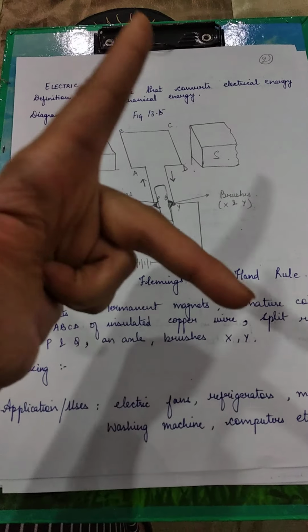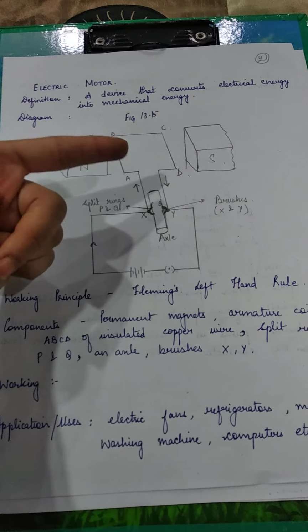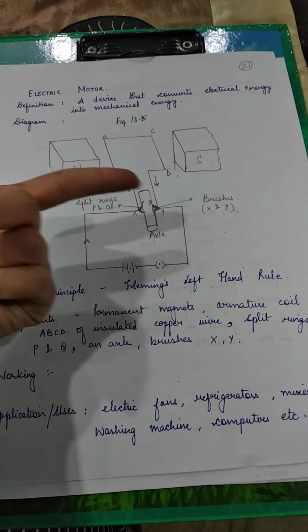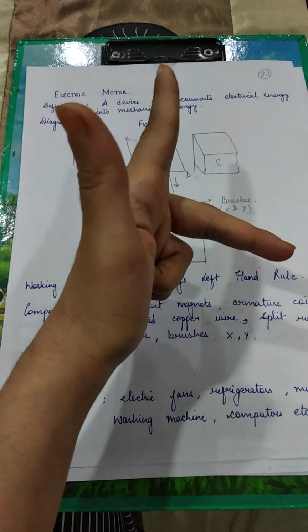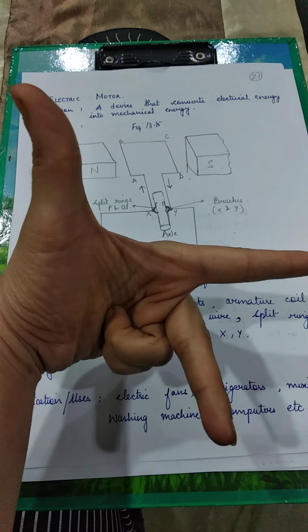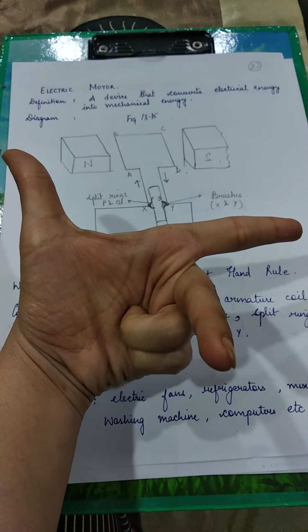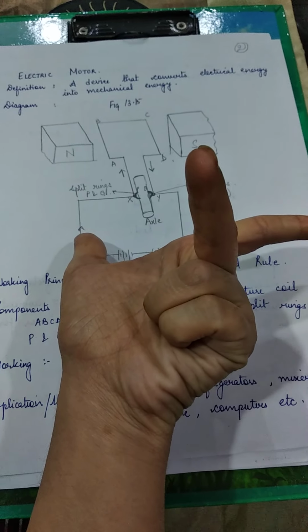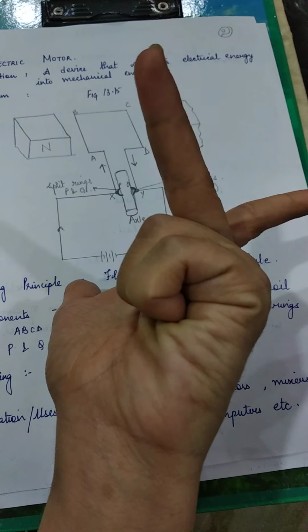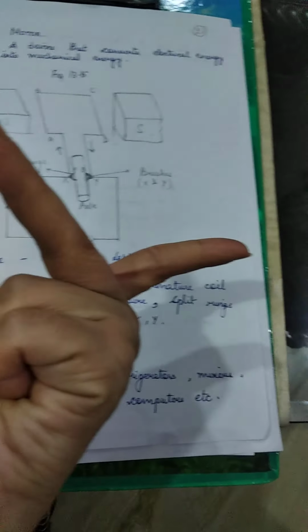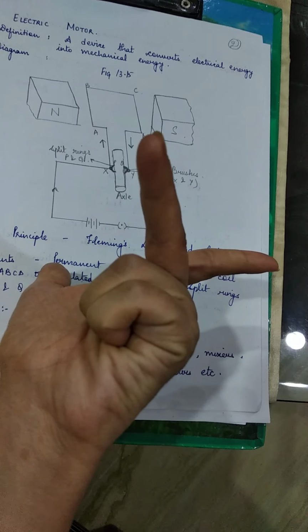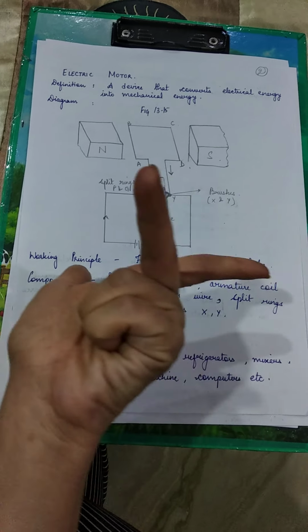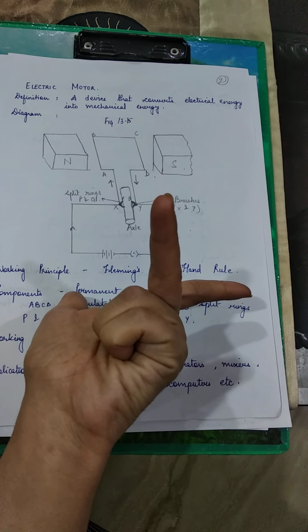So let us stretch our three fingers. Again, this gives you the direction of magnetic field. All you need to do is stretch these three fingers at 90 degrees, and then we will set them according to the direction. So what is the direction of the magnetic field here? The direction of the magnetic field is this way. I have turned my fingers in such a manner that this particular direction shows the direction of magnetic field from north to south. What is the direction of current in arm AB?